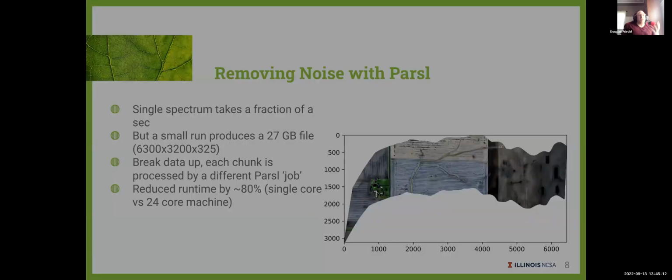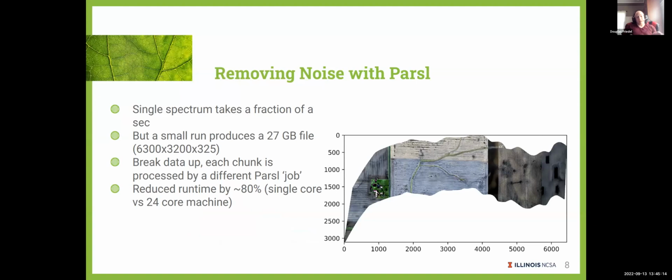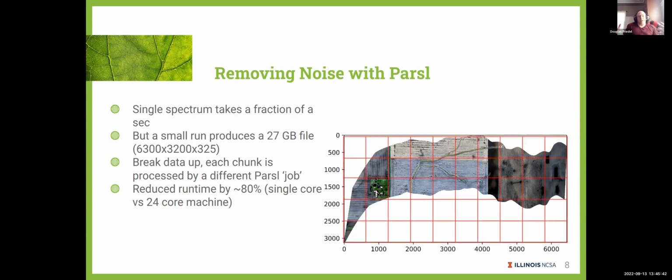Doing a single pixel takes a fraction of a second, but if you've got a 27 gigabyte file that has an immense amount of spectra to correct, it could just take a long time to do on a single core machine. And a 27 gigabyte file is small for some of these. Do a full day's run, you're going to have terabytes of data, and it will just be immense to try and go through. So the idea is to take the data and break it up